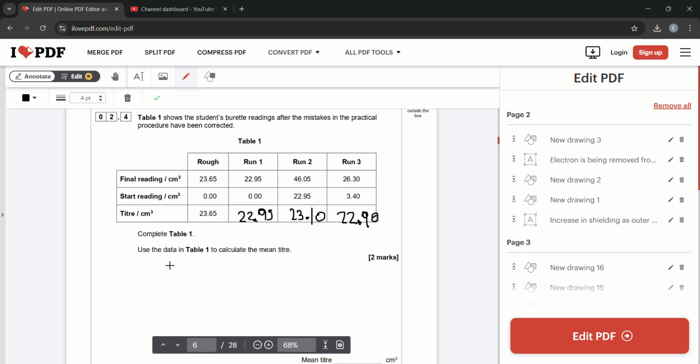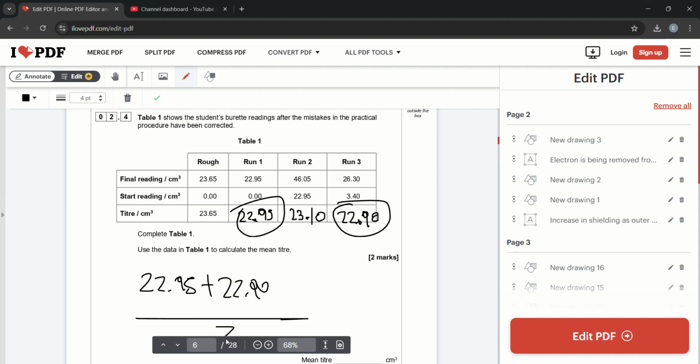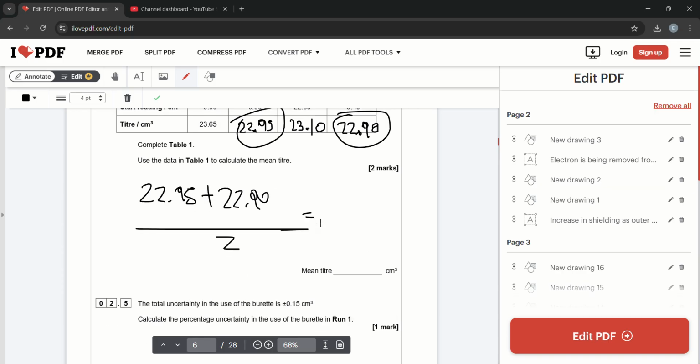And then it says use table 1 to calculate the mean titre. For the mean titre you need to find the concordant titres, which are less than 0.1 centimeters cubed away from each other. So it's going to be this one and this one. So it's going to be 22.95 plus 22.90 divided by 2. That gives 22.925,